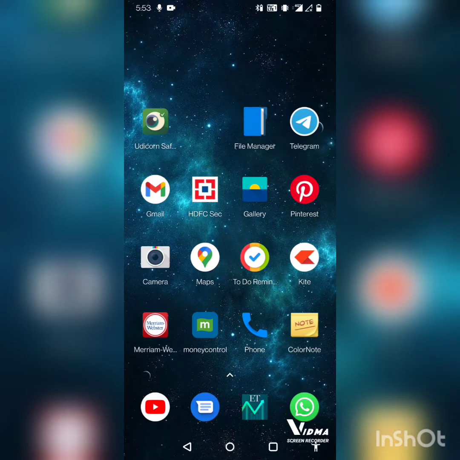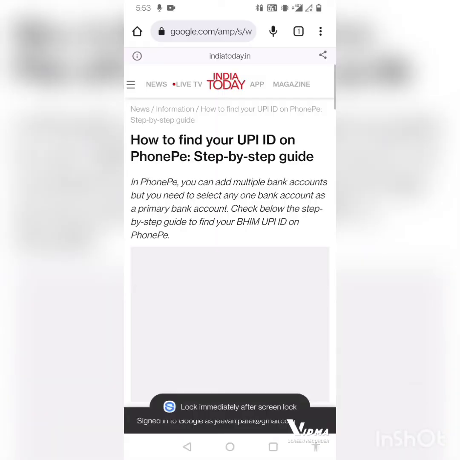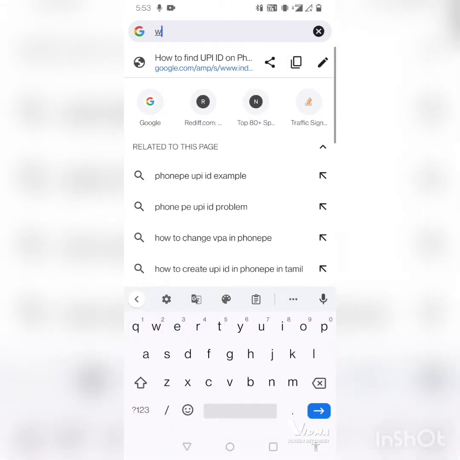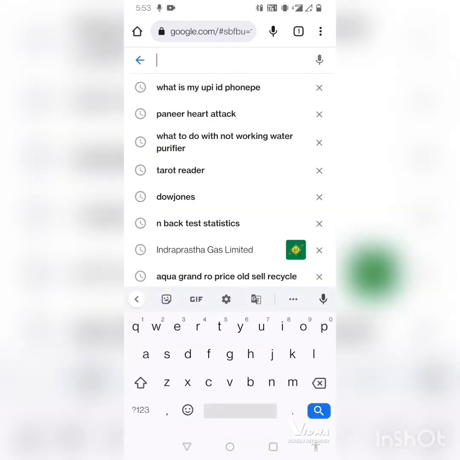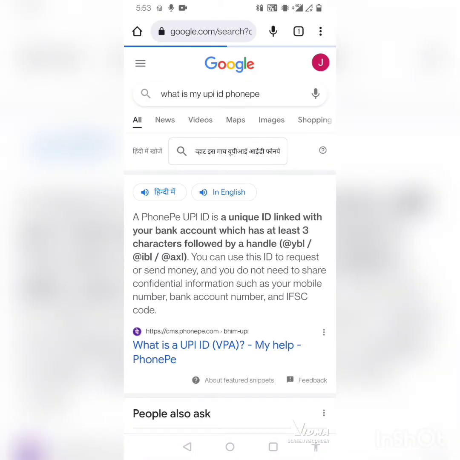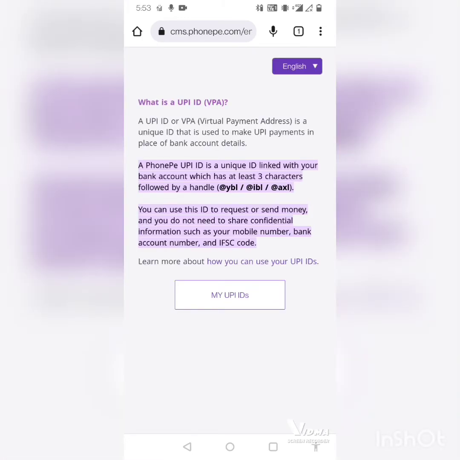And you can see a human logo on the bottom of your mobile. Go to any page, any web page. Click on the human icon